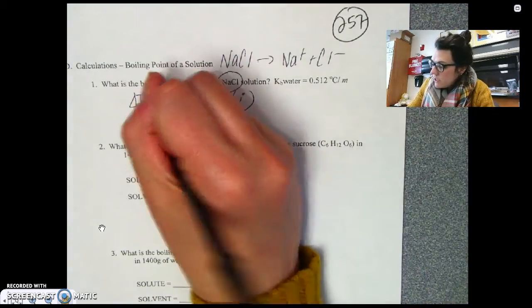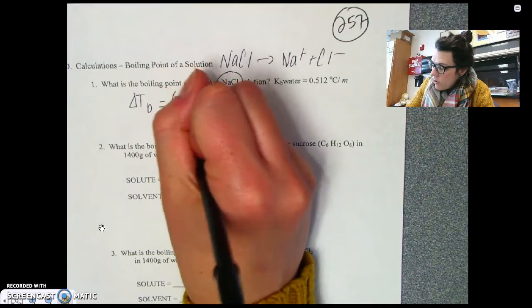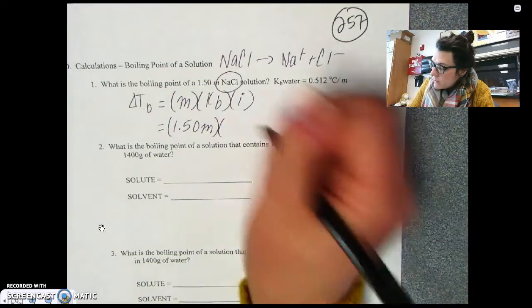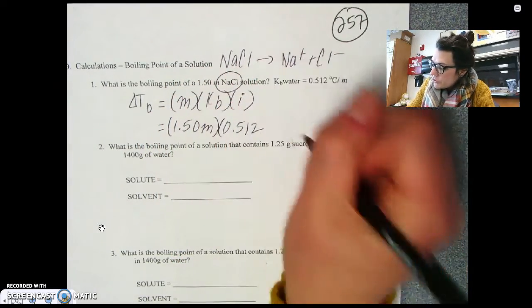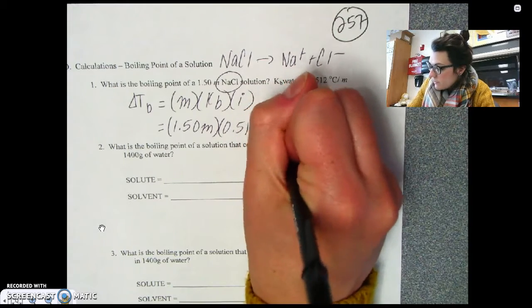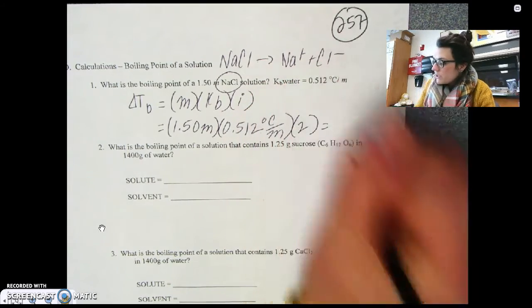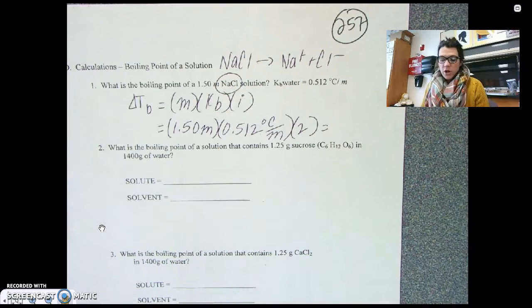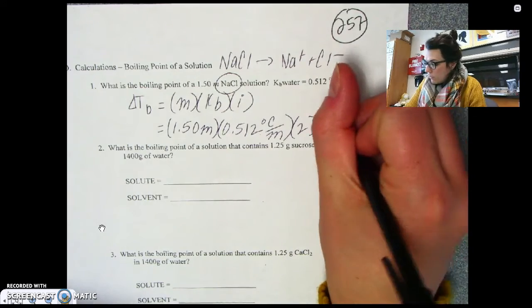So this is going to be equal to 1.50 molal times 0.512 degrees Celsius per molal times 2, because I have 2 solute particles. So the boiling point elevation is going to be